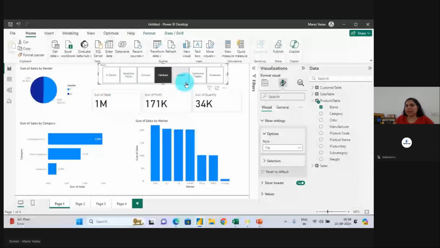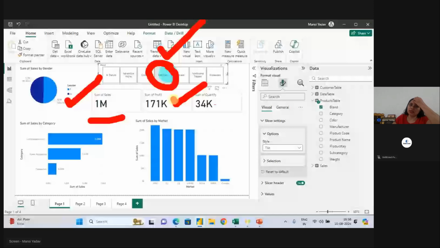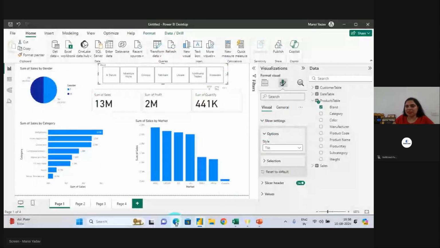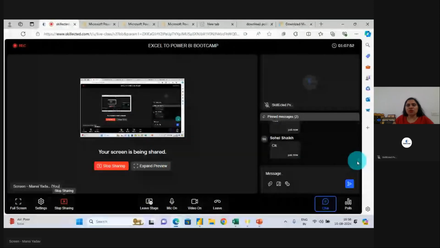Fabricum. This is the brand name. So from this brand, this much sales is generated, this much profit generated, and these are the number of the product sold. Right? Such an amazing tool, which is